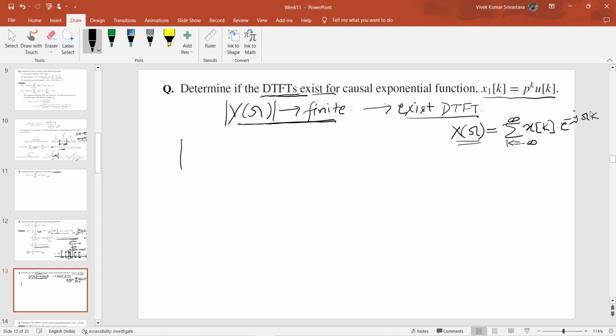So this will be the summation, k varies from minus infinite to infinite, of x of k into e raised to the power minus j rho k. Okay, this should be finite. Okay, so we can also write it as